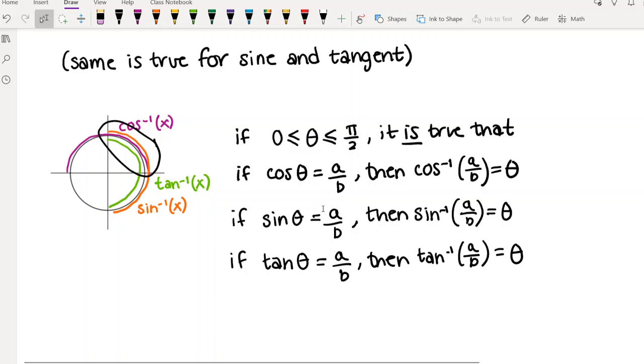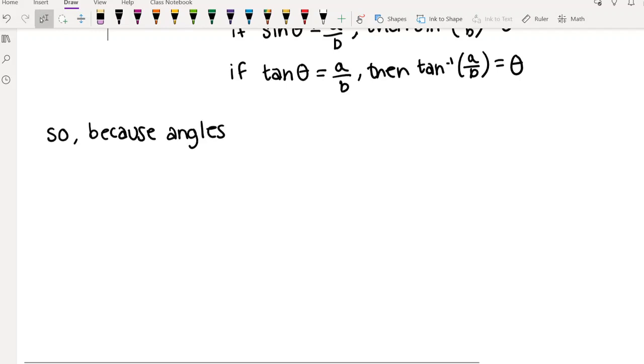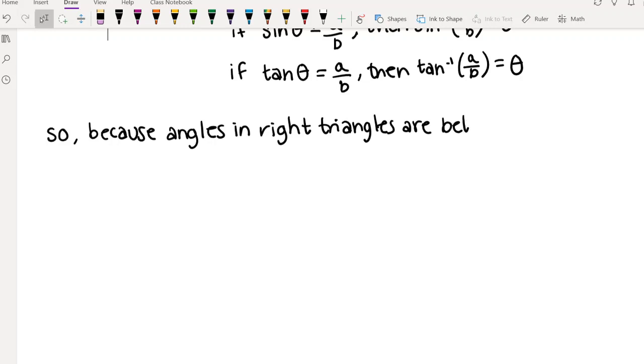So what does this tell us when we're dealing with right triangles? Well, because angles in right triangles are always going to be between 0 and 90 degrees,